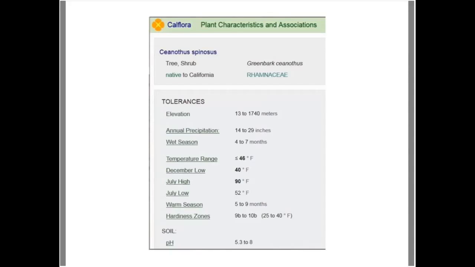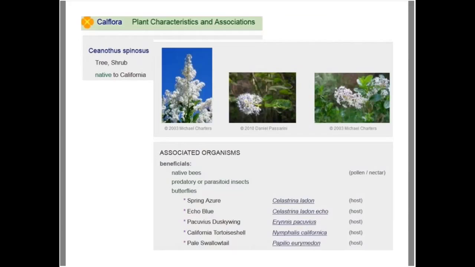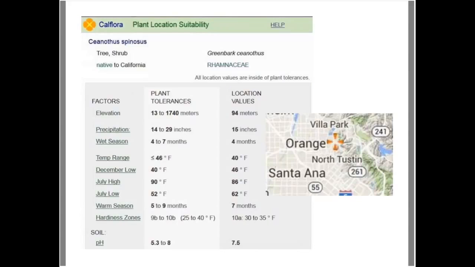And there's also soil factors that come from NRCS data. So from the plant characteristics page, I can then, there's a link called location suitability. And if I click on that, here's some more stuff on plant characteristics. If we know something about if butterflies or native bees like it, it'll be there. But then clicking on location suitability,